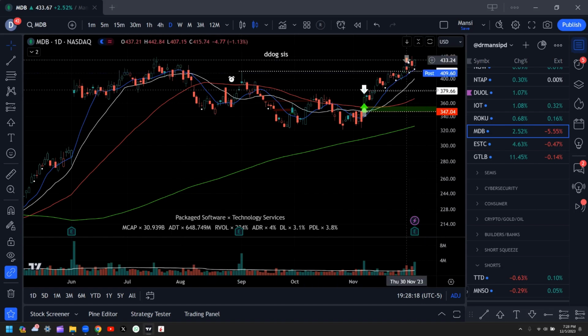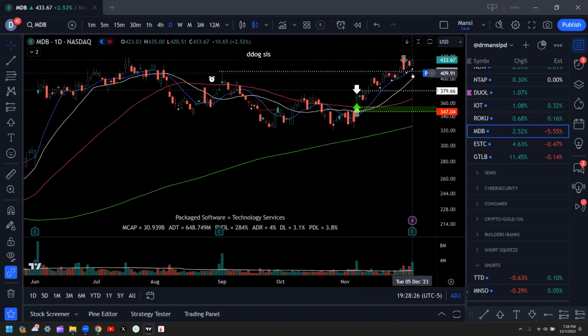This is where I'd taken my exit. This is where I had bought the stock. This was a really nice swing that I took recently. And I would be happy to take this again. Honestly, it's finding support at this area, which is a major support area, and it could just open here and